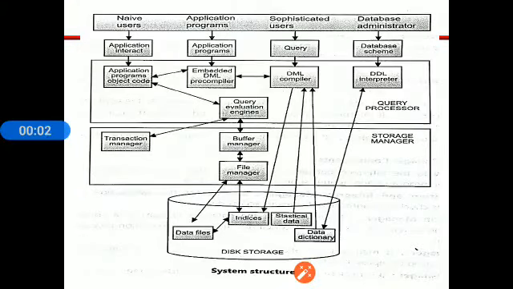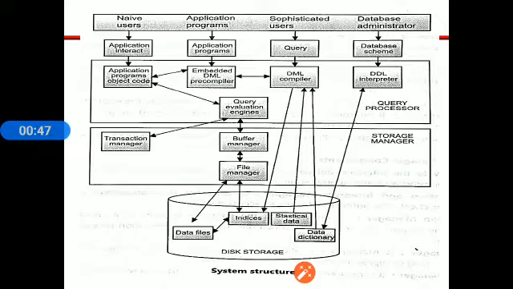Hello dear students, in this lecture we study the database system architecture. Database system architecture consists of user level in which different users are there. Then query processor is there. In query processor different activities or different blocks are there which processes the queries. Then storage manager is the section where storage related activities are there, and at last disk storage, that is how or in what format and where all the data is stored. Now we will see one by one.